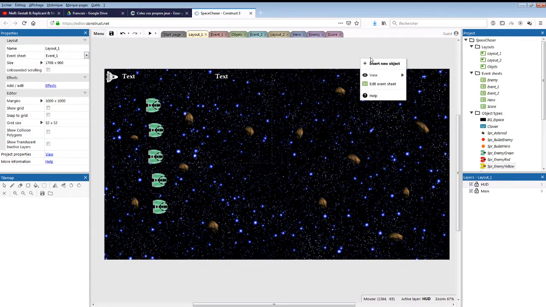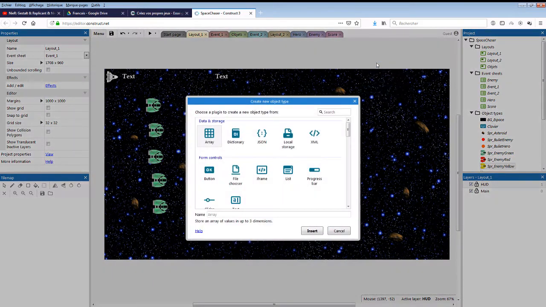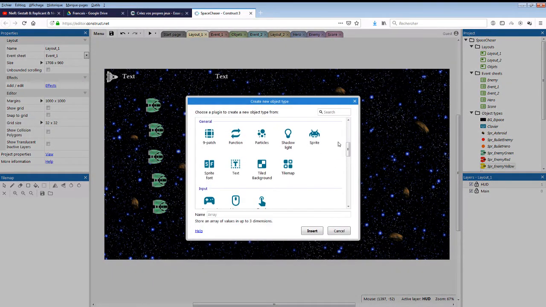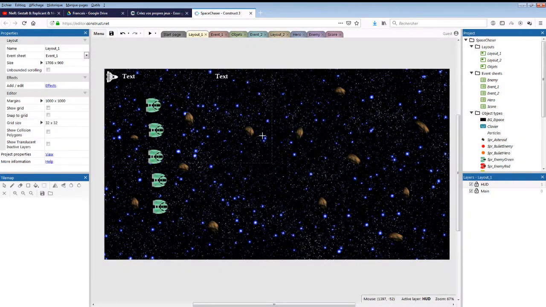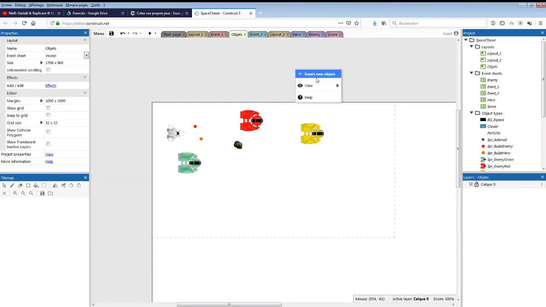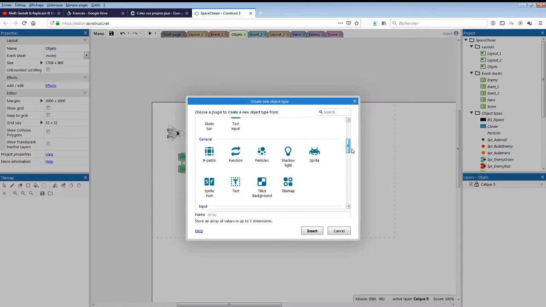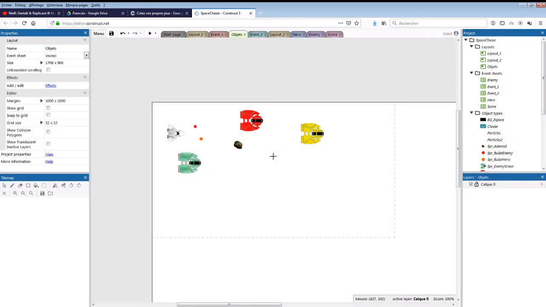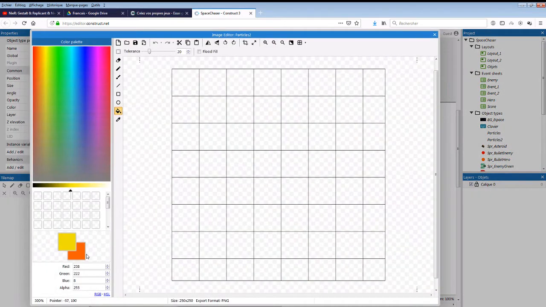The way you use it is you just insert a new object as usual, but instead of using sprite, you're going to choose particles, and we're going to add it to the object here. You know what? Let's do this like this. I'm going to add it to the object here. And particles are interesting because